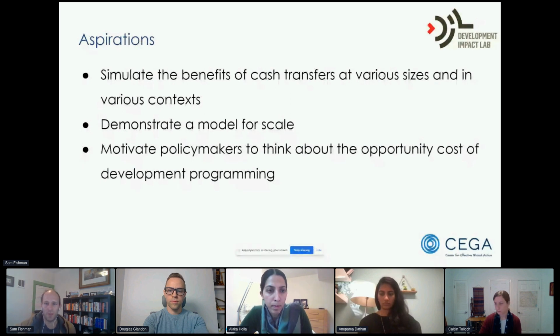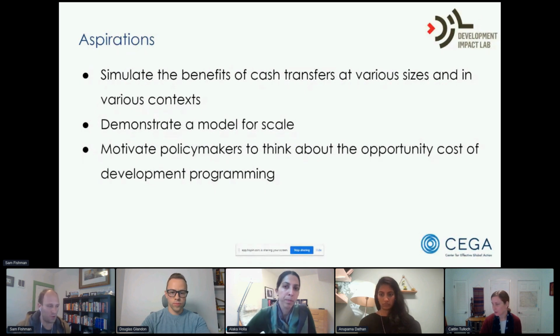What are our aspirations here? We really want to be able to do this at a larger scale, and we're starting to look at ways that you could simulate the benefits of cash transfers across contexts and at various sizes. We're hoping that this can provide a model for organizations like USAID to benchmark other programs across these imputed